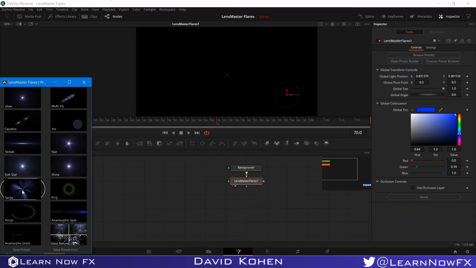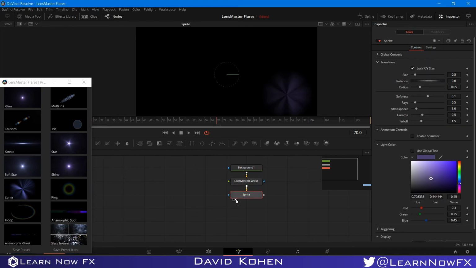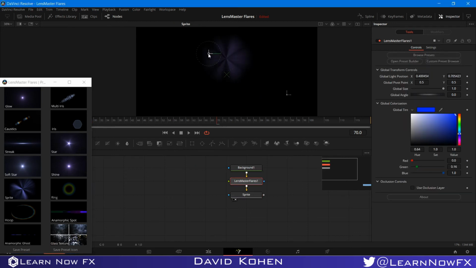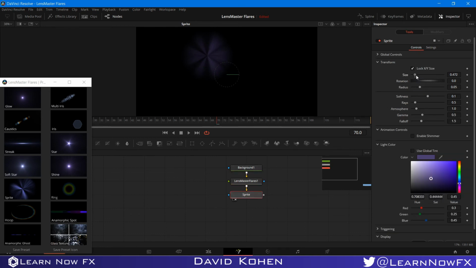Now the next thing we have is the sprite, which is something that you add to add a little bit of environment to your flare. I don't use it very often, but it is handy when you create like a fog type looking flare. So if I bring the softness up and bring the size down, it looks cooler. It goes good together with the glow. When you bring the gamma up, it goes good together with that. And you have the gamma. You can bring it down to create like a spiky. You can see it very minimally. And you have a fall off,